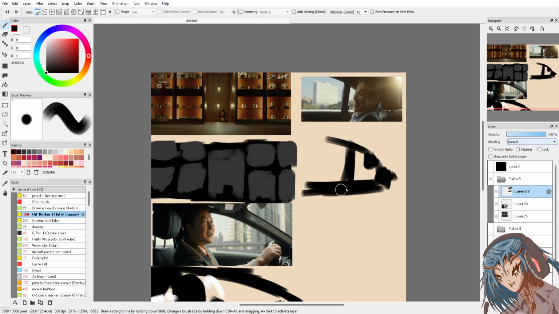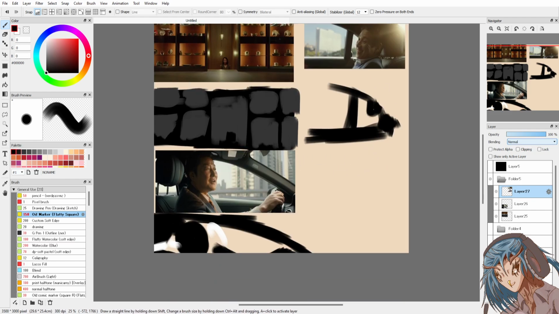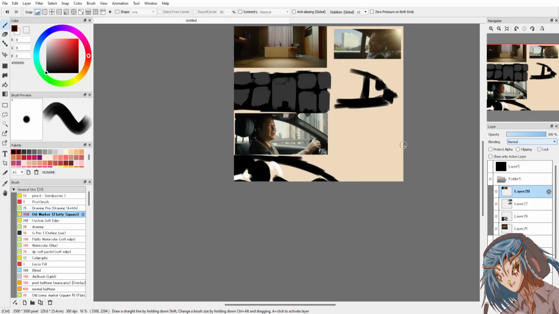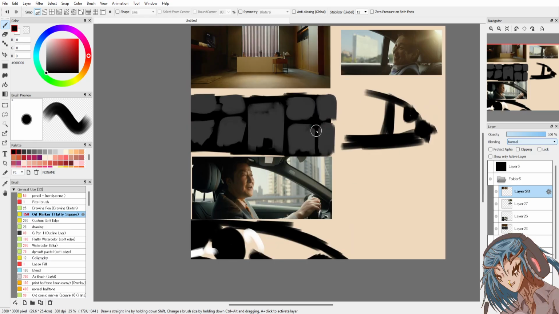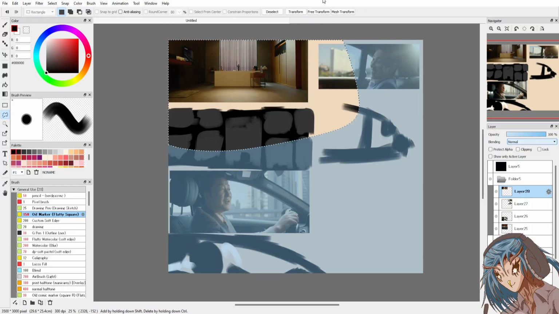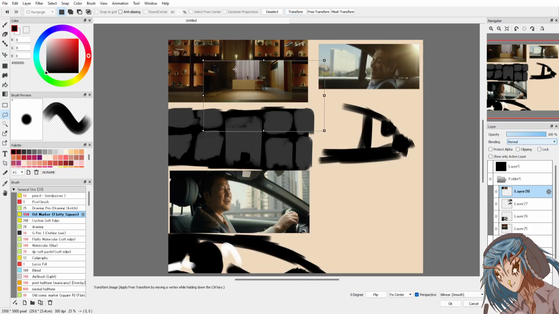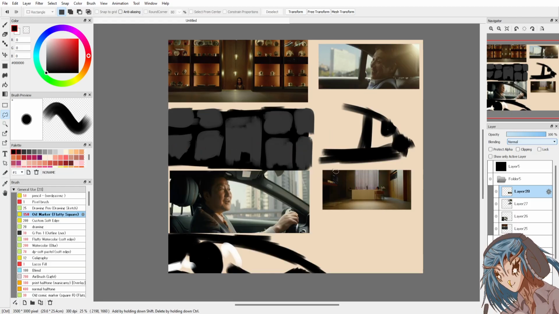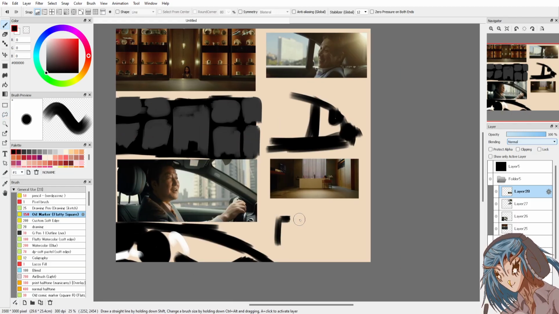I'm just going to leave that here. Yeah, it's a car. Just keep going. There's so many shots. I want to do them all. I don't know how long I've been going. Just trying to speed up a bit.